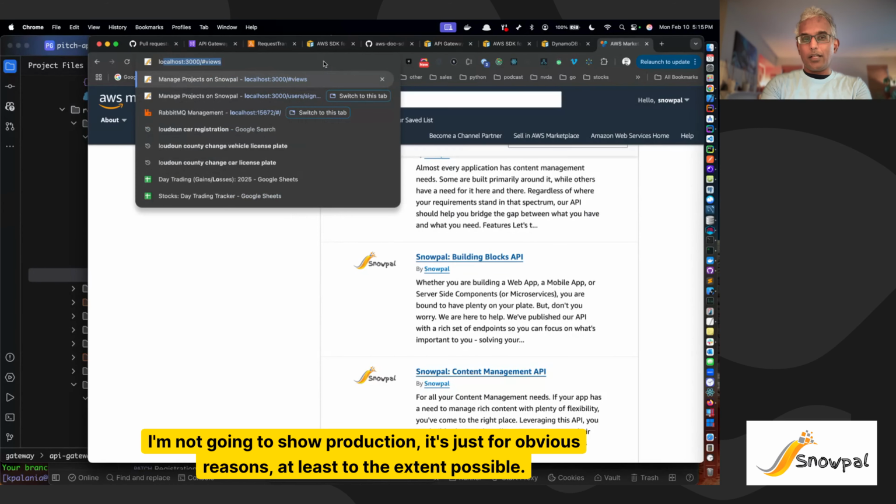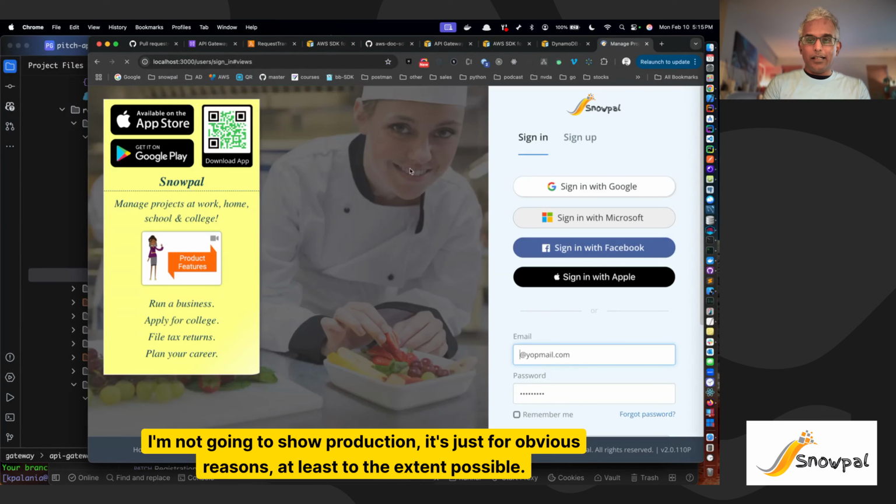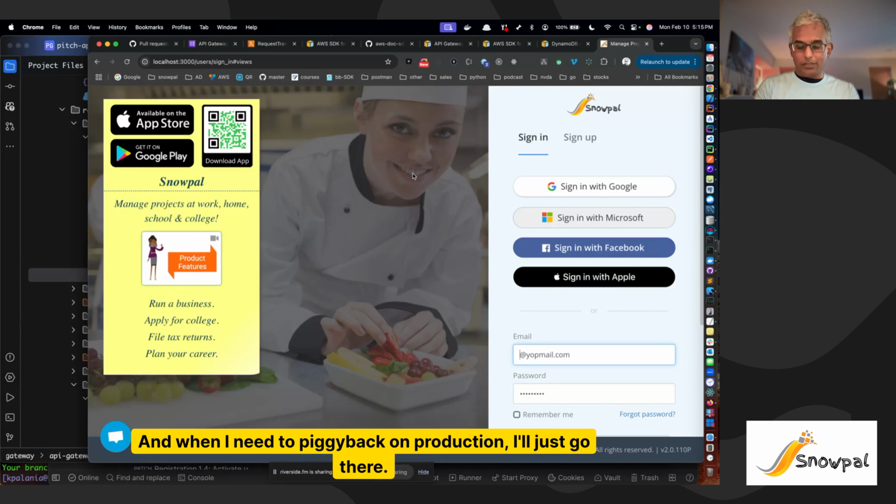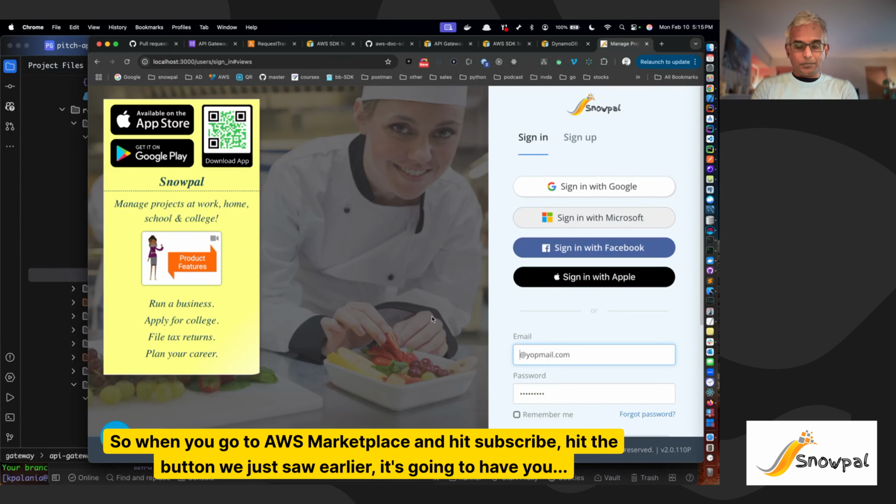Now, I'm not going to show production, for obvious reasons, at least to the extent possible. So I'm going to show you the development environment as much as I can, and when I need to piggyback on production, I'll just go there. So when you go to AWS Marketplace and hit subscribe, the button we just saw earlier, it's going to have you